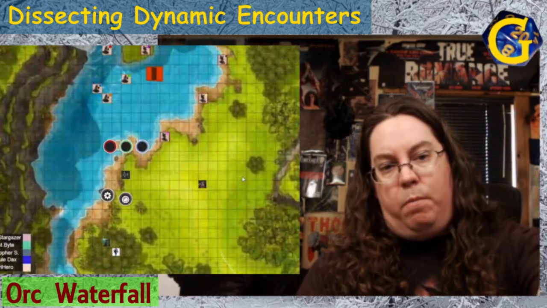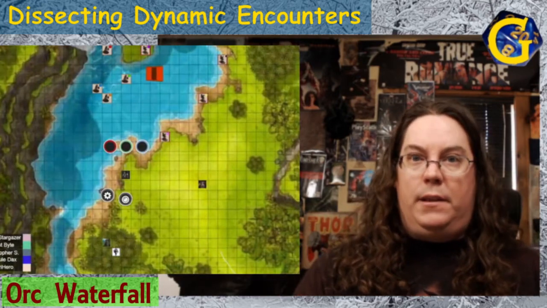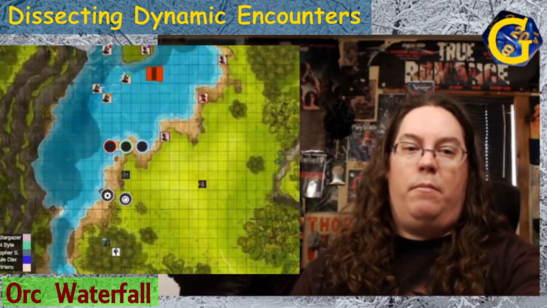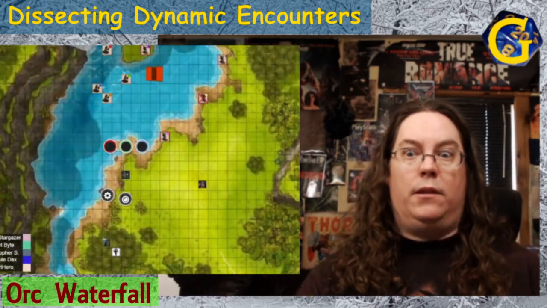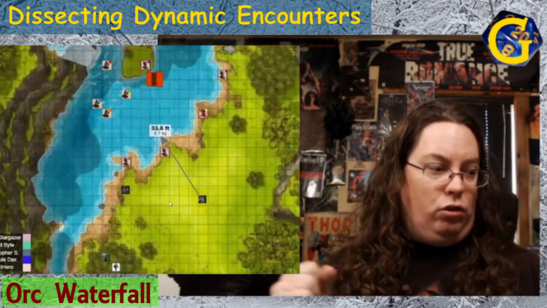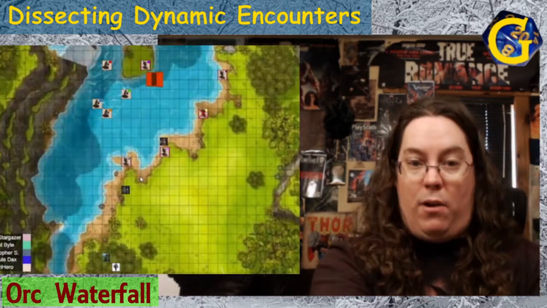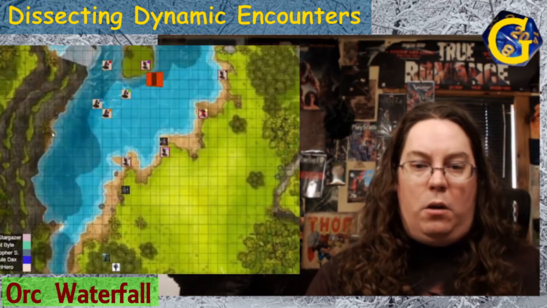The orcs in the water, I rolled like loyalty checks basically because they're confused. They're like, wait, what do we do? Obviously there's a direct immediate threat coming down from the south, but there's also something in this waterfall that they don't want to turn their heads away from. You know what I mean? And the leader's just grumbling in Orc and nobody speaks it, so he's just giving them orders and they're all kind of looking to him, looking to the waterfall, looking at the party members, and so the fight continues